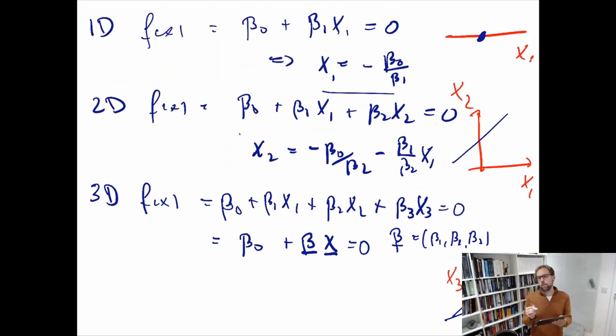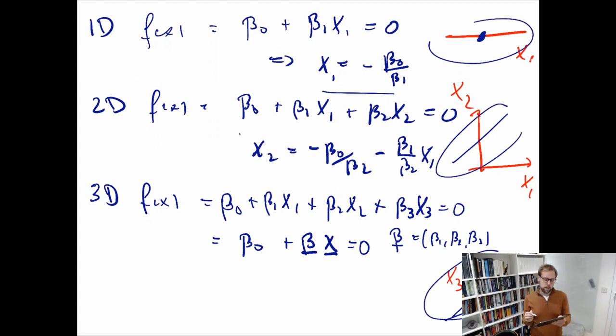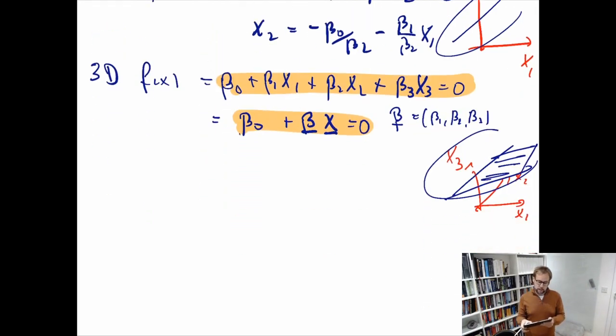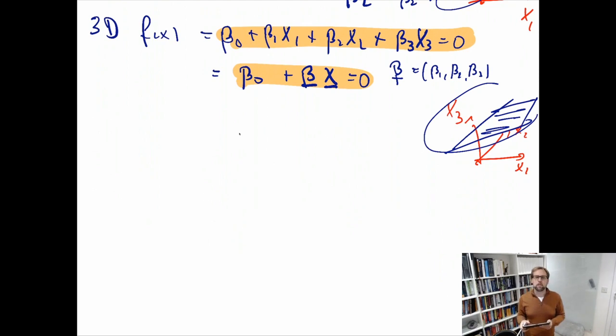I just wanted to realize that this is a point, this is a line, and now it's a plane. So what's the easiest way of seeing that this equation here, which can also be written as this equation here, is a plane? And I think one of the best ways of writing it, you might know it from your earlier calculus classes,